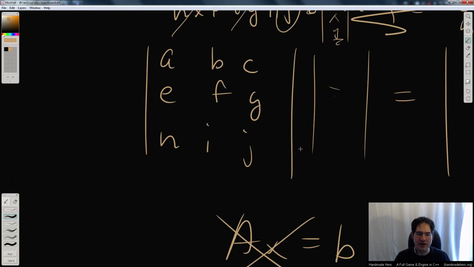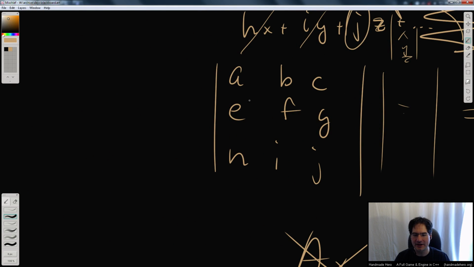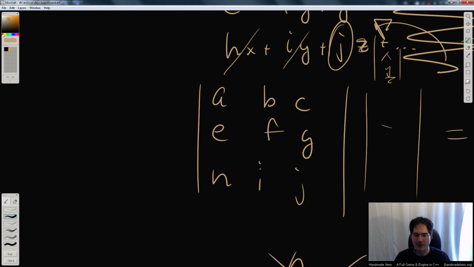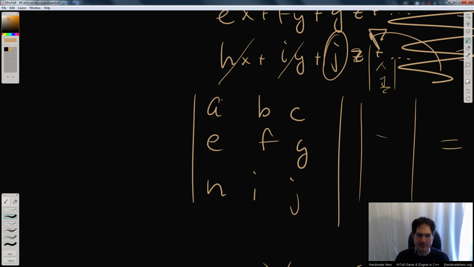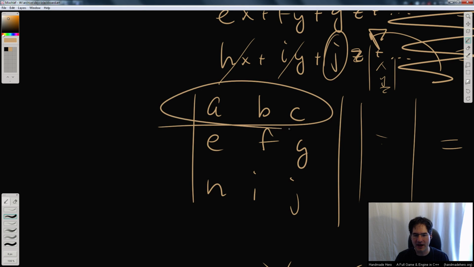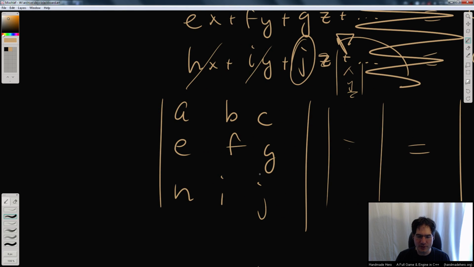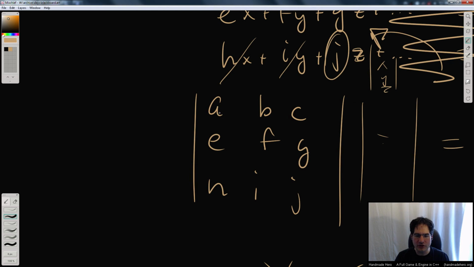So since I can do that, what they were saying is, well, okay, now that we've tabulated these, what we can do is just think in terms of operations on the rows and columns of this matrix. And we can regularize it. So what we can do is, if I take this top row here, this ABC row, and what I want to do is start knocking out this bottom row, the HIJ, what I can do is say, well, if I wanted to eliminate H, all I would